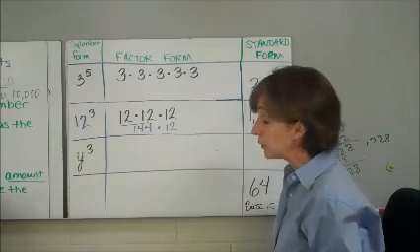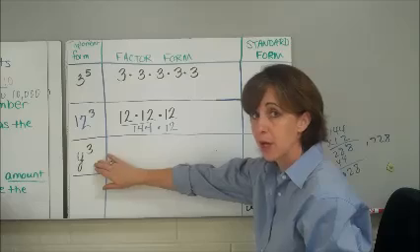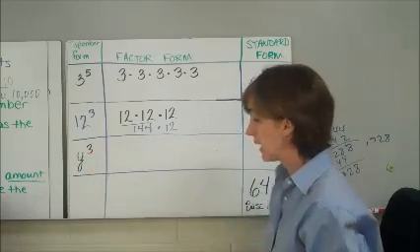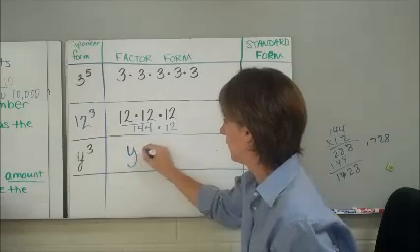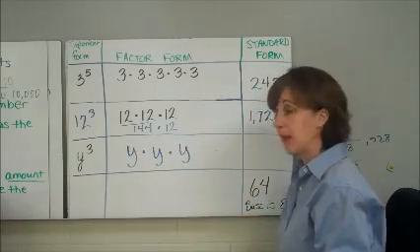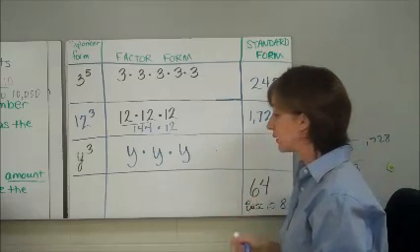Sometimes exponents are used with variables. This says y to the 3rd power, which means write y 3 times. y times y times y. And in this case, standard form can't be used unless you were to see